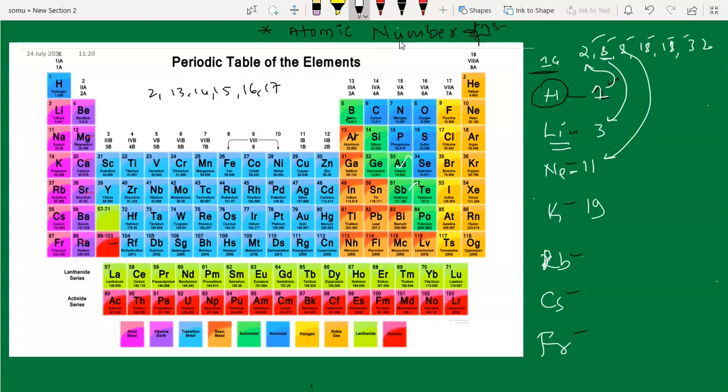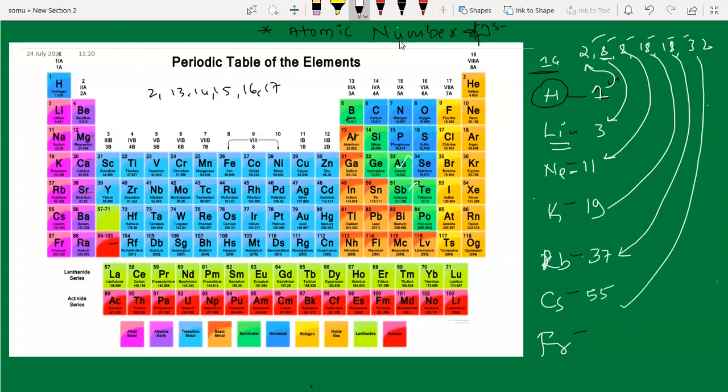To find out rubidium, just 18 has to be added to 19. If you add 18 and 19, you get 37. To get the atomic number of the next element, add this 18 to 37. Cesium, you will get 55. To get the atomic number of francium, add this 32 to 55. You will get 87. That's it, guys.